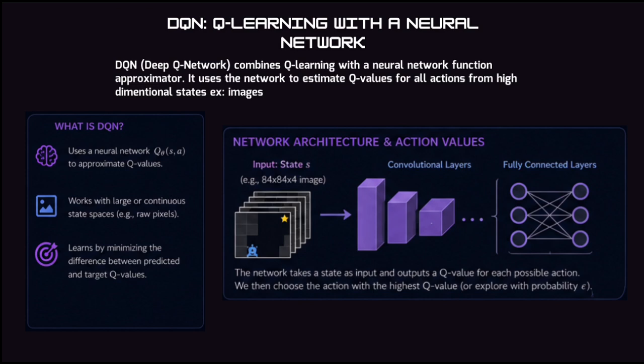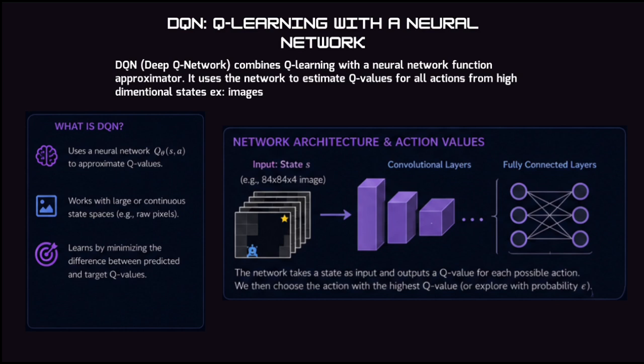If a teacher constantly changes while the student is learning, the student can chase a moving target. The target network makes learning more stable. So, DQN has three major ideas working together. Q learning tells what kind of action values to learn. The neural network lets it handle complex states like images, and stabilizers like experience replay and target networks make training